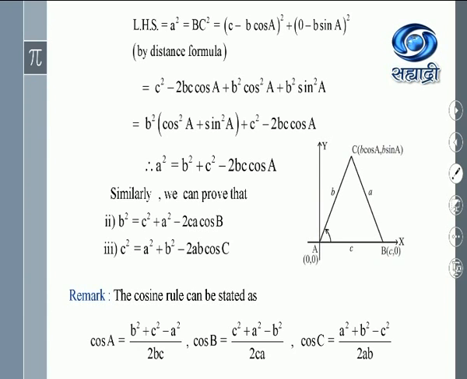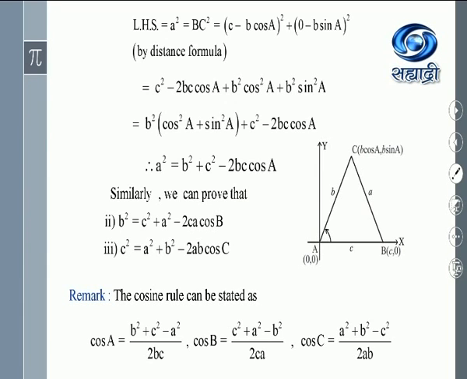Okay. Now what we'll have to do is write down the proofs for the remaining two statements. What is the trick I told you? Here for the origin, we have chosen capital A as the origin. For this I told you, choose capital B as the origin. And for this result, choose capital C as the origin.